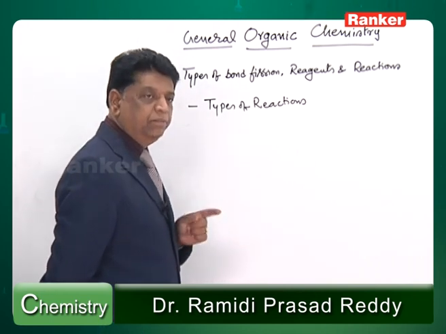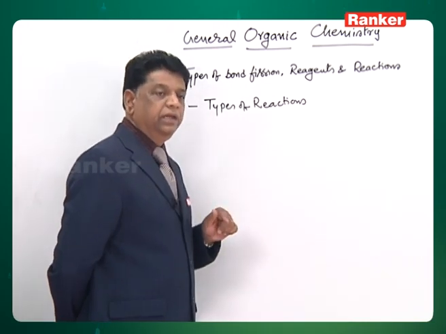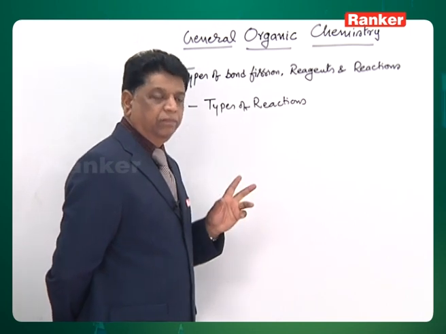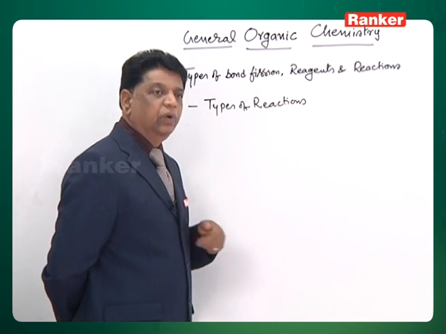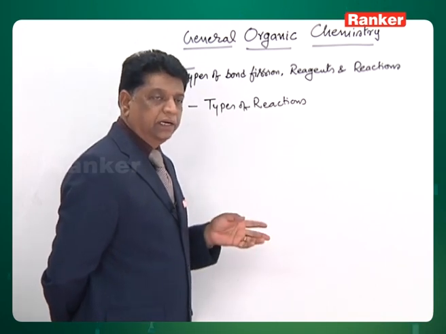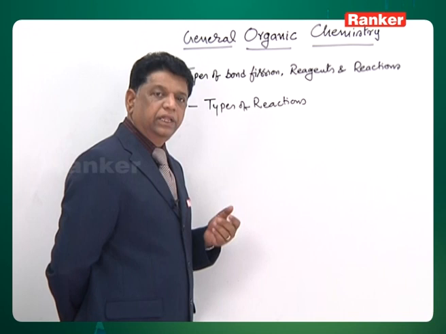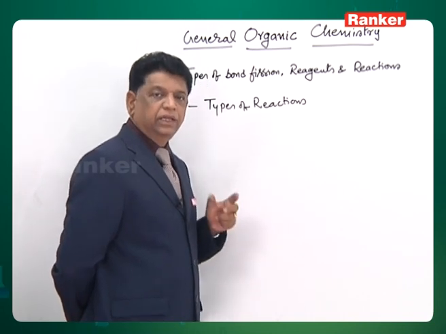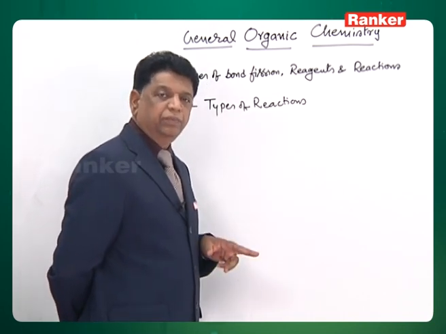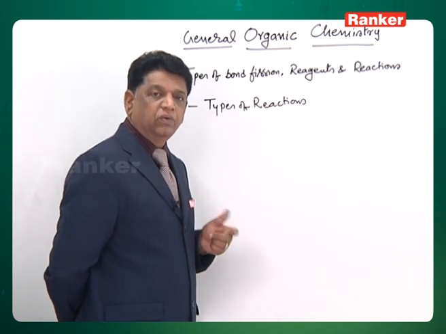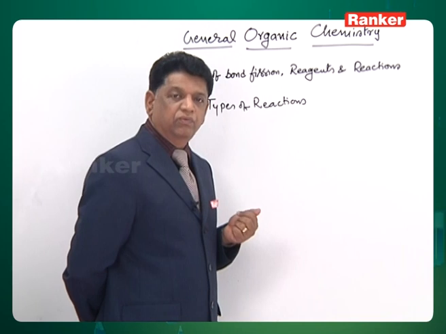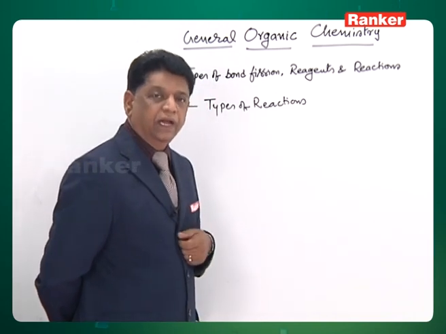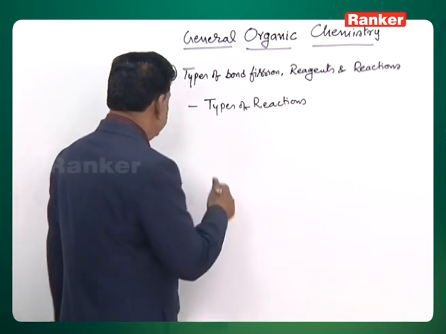In the substitution, one group is coming in, another group is going out. So, here there are no 2 coming groups, only one is coming, one is going. So, going I am not interested, but incoming group, based on the incoming group, if incoming group is electrophile, I call it an electrophilic substitution reaction. If a nucleophile coming, nucleophilic substitution. Similarly, free radical substitution. First, let us take the